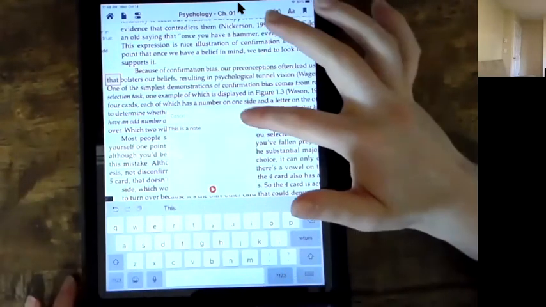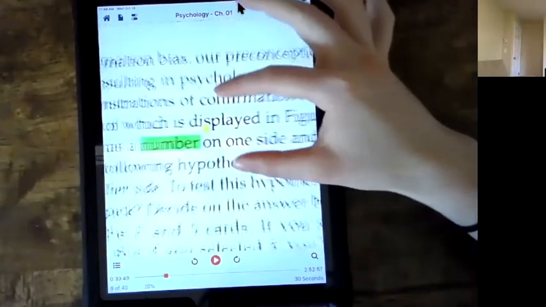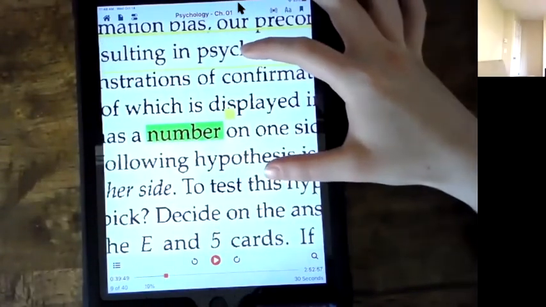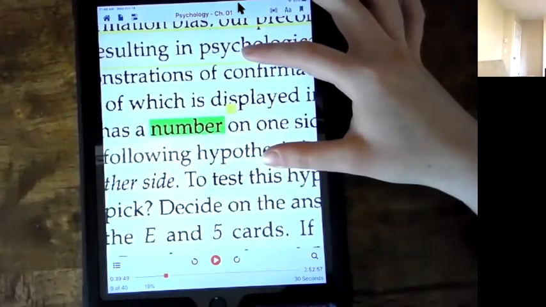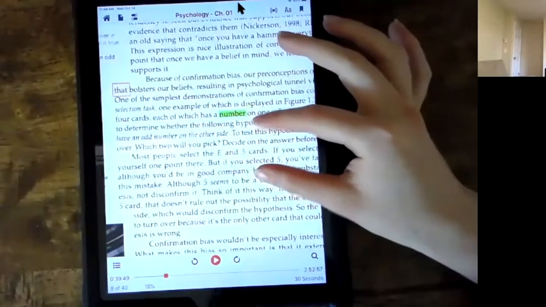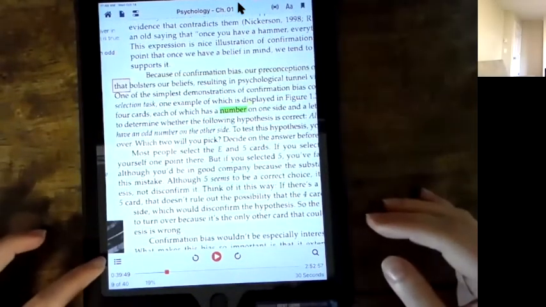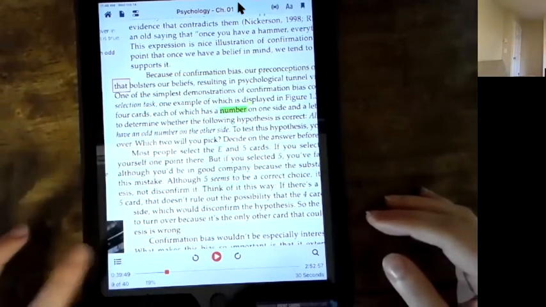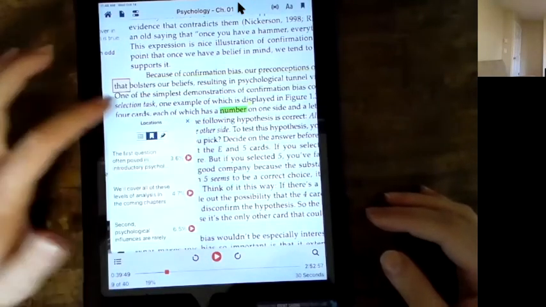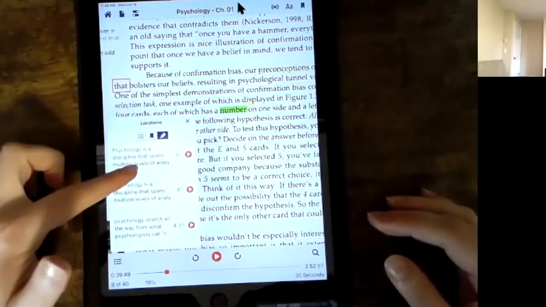and I'll save that. And then it highlights it, and then there is this tiny little yellow box that appears next to it to give me an idea that I wrote a note there. You can also access your highlights and notes by going to this bullet point icon here on the lower left, and then you can see your bookmarks, and then your highlights and notes also appear in this section as well.